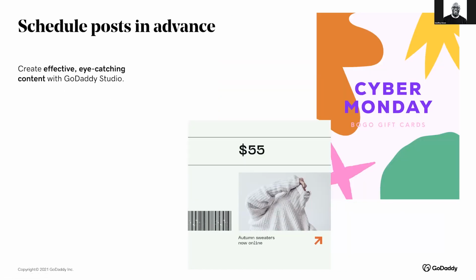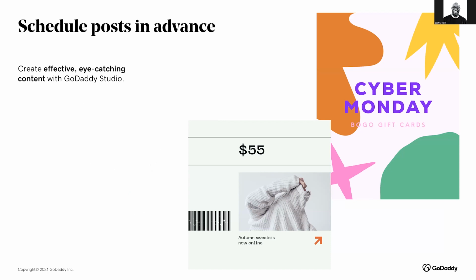Once you have a plan in place, that's when you can start posting any creative or compelling content that will really get your followers interacting with your posts to keep your business top of mind.